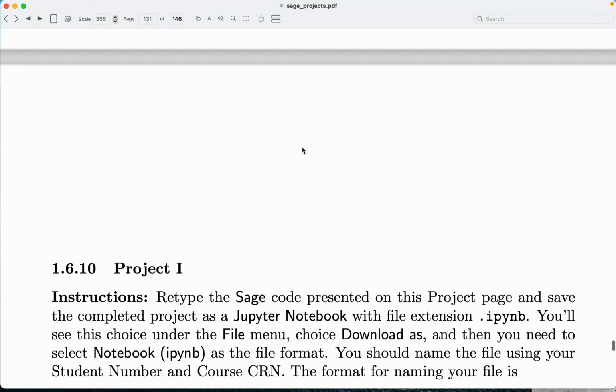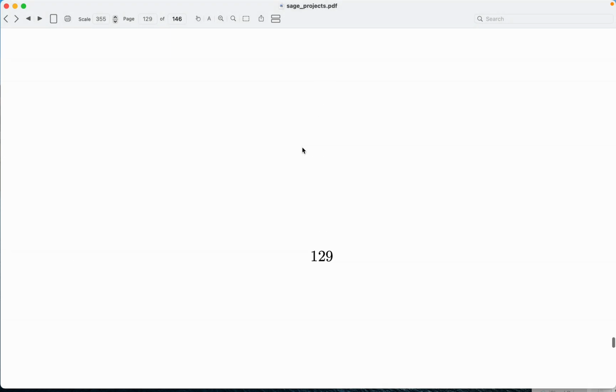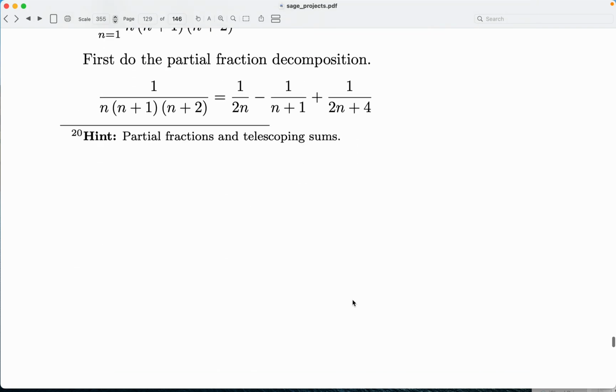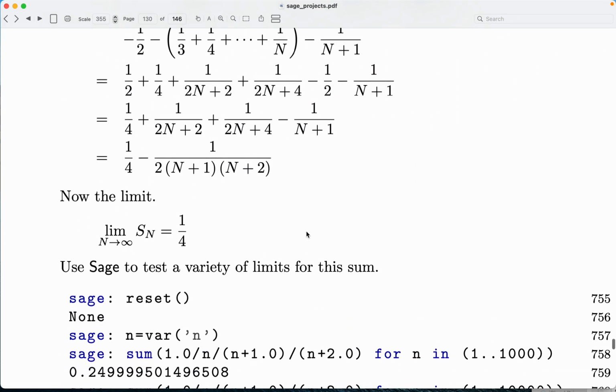Let me see if there's anything else to say about this. No, because of Project I next. So again, it's a reasonable problem. It's certainly in Math 122 reasonable to give students a sum like this, partial fraction decomposition, which you learned in Math 119. And then certainly use this in Math 122 to break problems into problems that are more manageable. This is a good example of breaking this up into more manageable pieces. And again, it's a telescoping sum. Easy to come up with the sum. We do a partial sum, then take the limit as n goes to infinity,